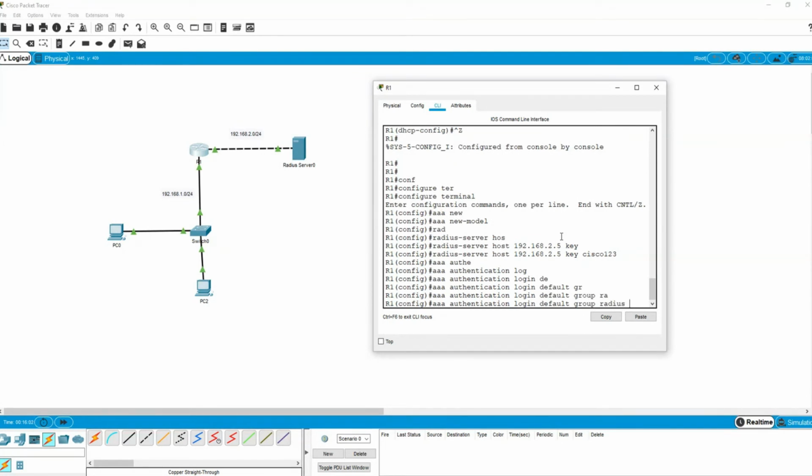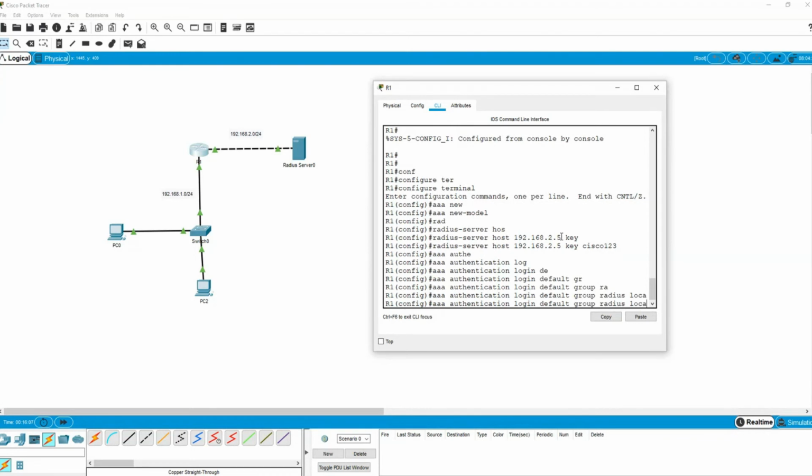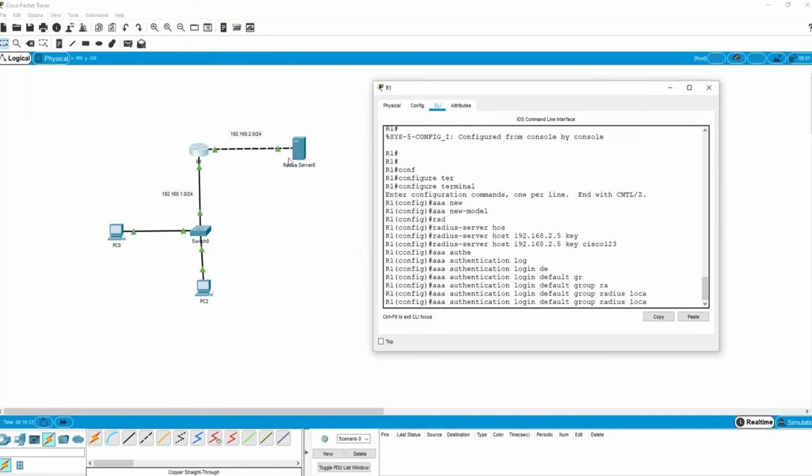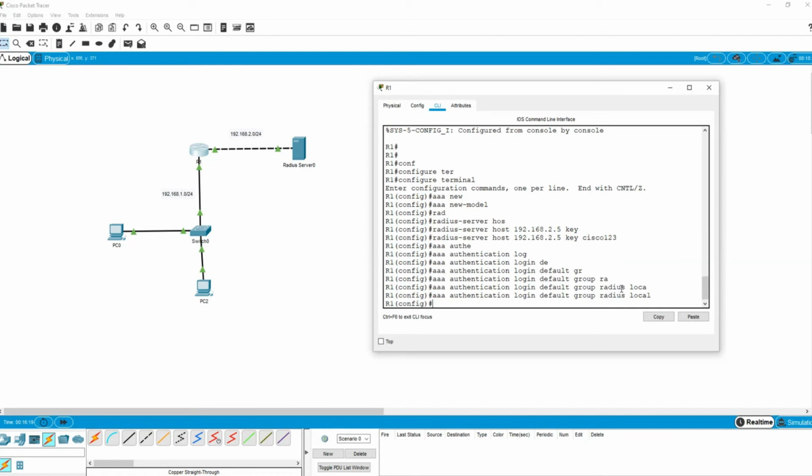We can also use local as well, so if our radius server is not available, local authentication should also be used. So this AAA authentication command is used to start radius authentication on the router as the default method for login.